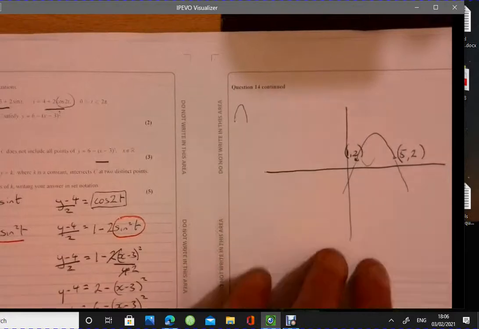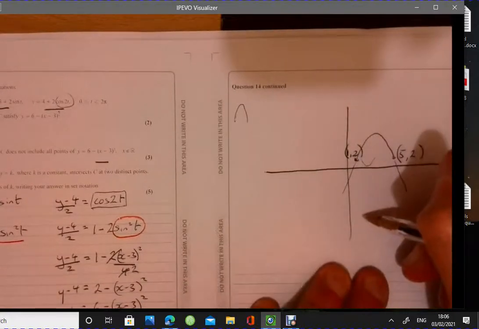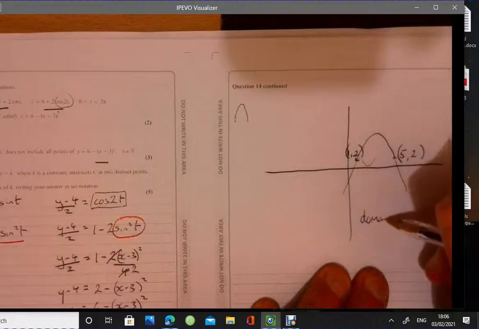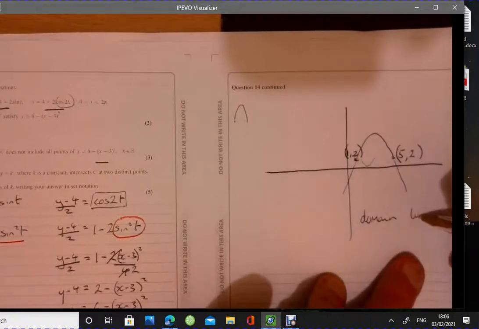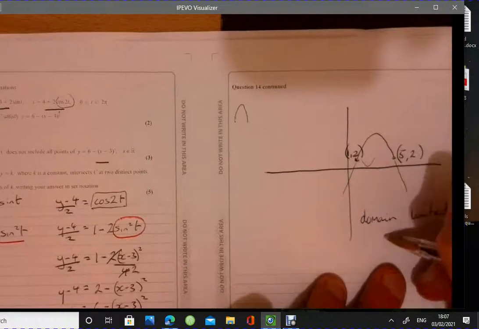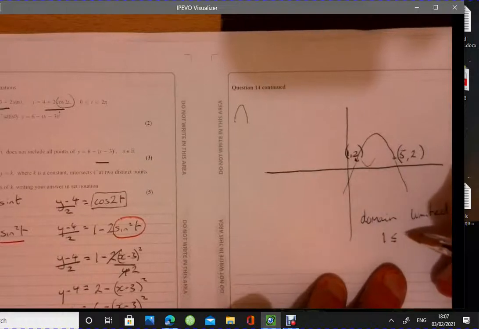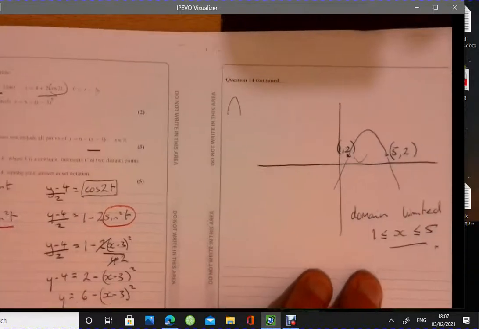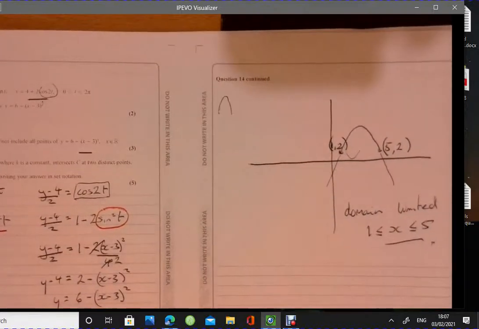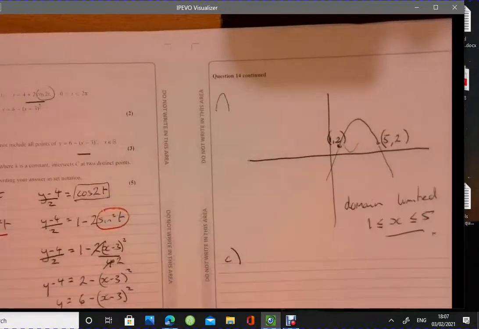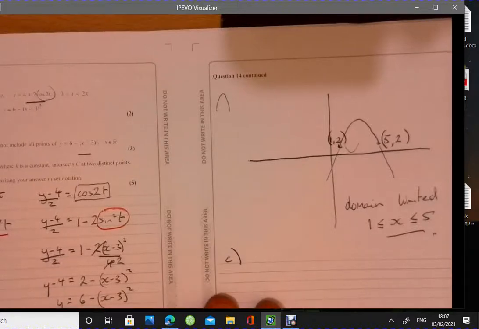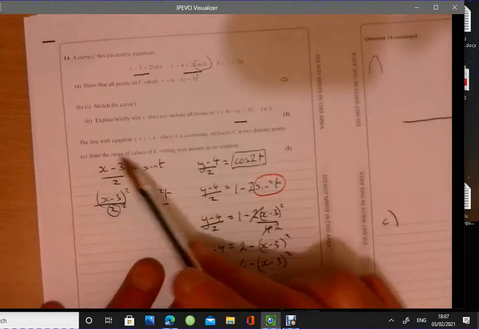So it's actually the limiting factor is the domain is limited, and it's limited for x between 1 and 5 for that reason. Right, now let's have a look at part C. So let's think about part C here. What are we told? Well, in the question it says state the range of values of x when, okay, so